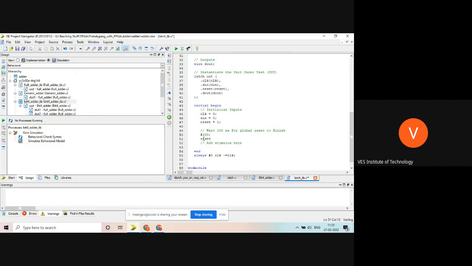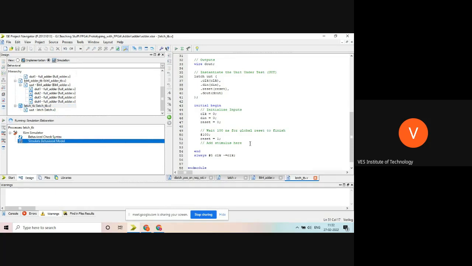Reset equals to 0, because it is an active low reset. So only I am giving input. Data is 0 right now. I have not given any data.